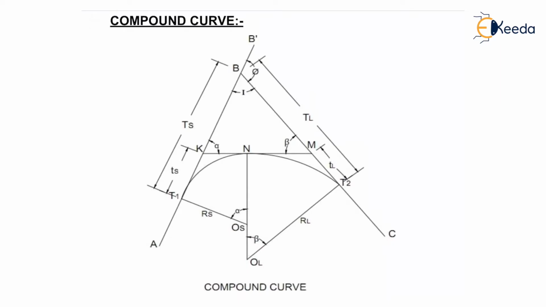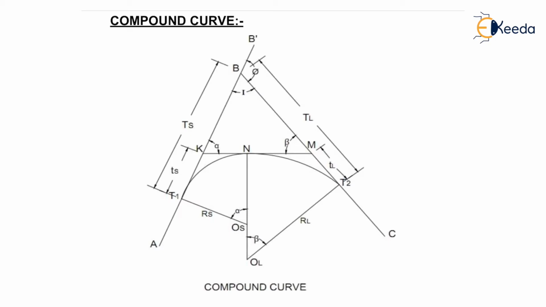The curve may be set out by the method of deflection angles from the two points, that is T1 and N. The first branch is from T1 and the second from N. As we have discussed earlier, we can use the method of two theodolites. The four quantities of the curve being known, calculate the others. So locate B, T1 and T2 as already explained. Obtain the chainage of T1 by knowing the chainage of B. Calculate the length of the first arc and add it to the chainage of T1 to obtain the chainage of N, which we have already discussed in previous videos.